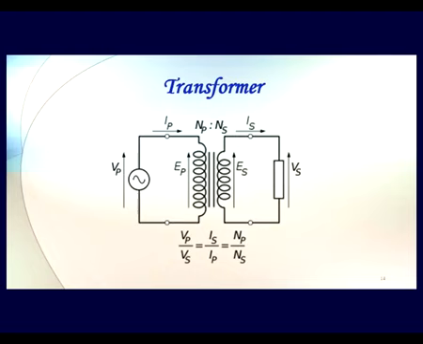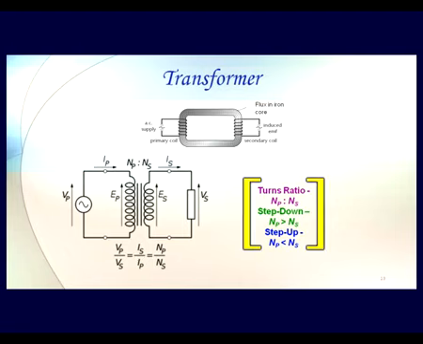The amount of current in the secondary to the amount of current in the primary is proportional to the number of turns in the primary upon number of turns in the secondary. The ratio of primary to secondary turns is called the turns ratio, Np to Ns in our primary and secondary nomenclature. If we have more primary turns than secondary turns, it implies there is a lesser voltage induced in the secondary, because as per Faraday's law, the electromagnetic induction per unit turn is the same. So if we have more primary turns and fewer secondary turns, we have lesser voltage in the secondary